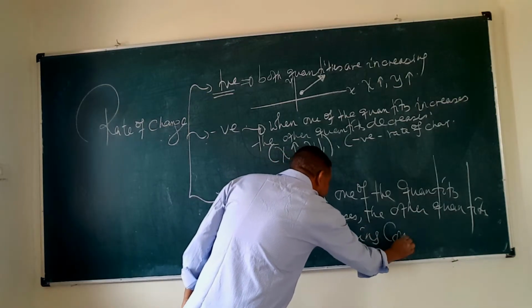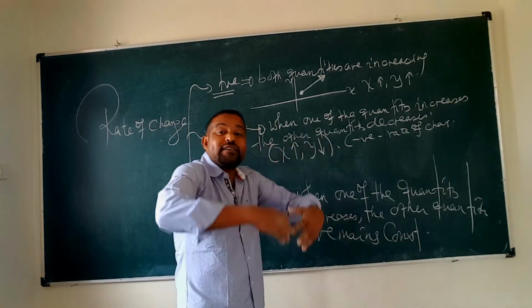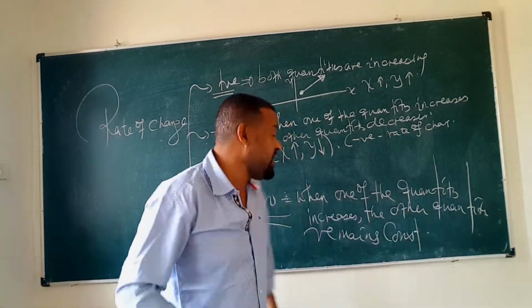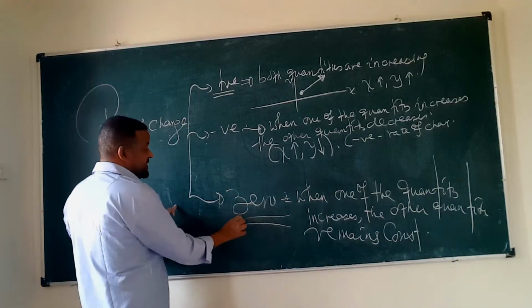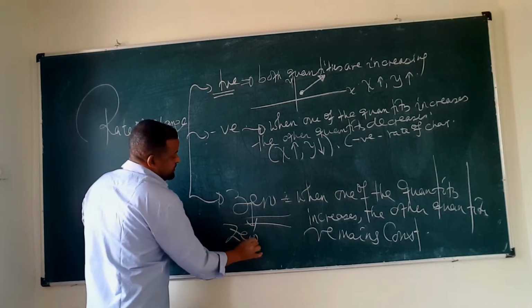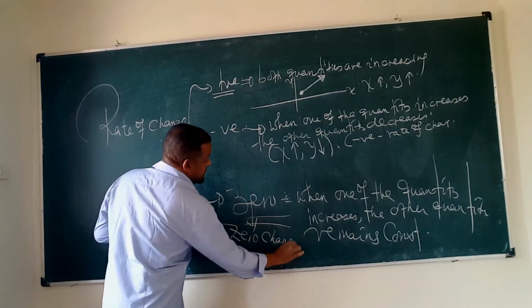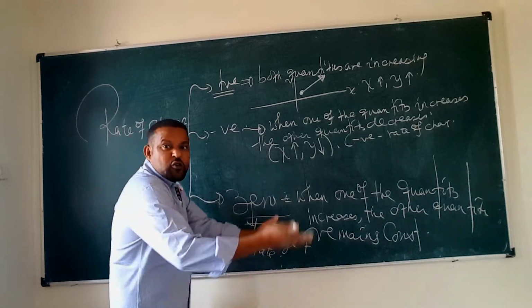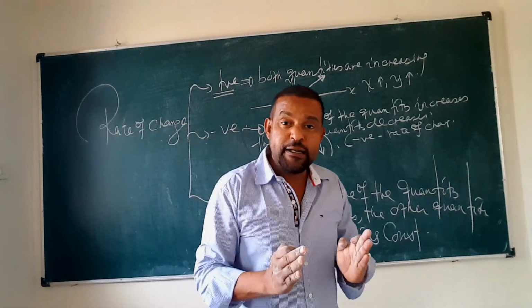Remains what? Constant. አንደኛው ኳንቲቲ ሲጨምር ሌላው ኳንቲቲ ኮንስታንት የሚሆን ከሆነ የማይቀየር ከሆነ in that case, what you call it is zero change of rate. Zero change of rates ብለን zero change of what? Rate ብለን እንጠራዋለን ማለት። So the graph is a horizontal line ነው ማለት።